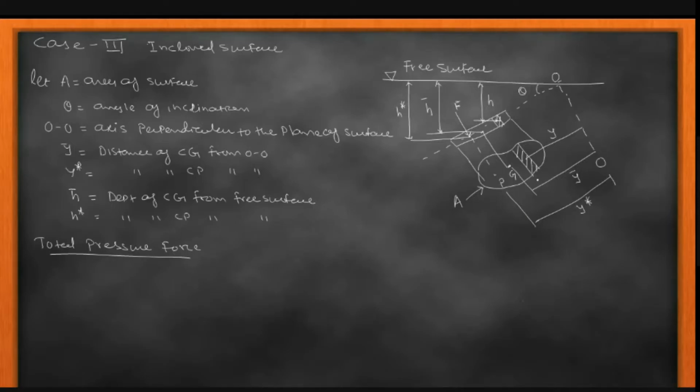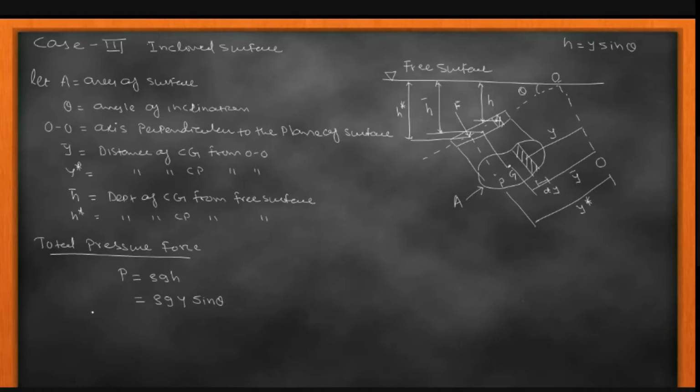So the strip having the width dy, pressure equals rho g into h, because this strip is at a height of h from the free surface, and that's why this is the distance we need to consider, that is h. Now we know that h equals y into sine theta. Similarly, h cut equals y cut into sine theta. So I'm putting down the value of h, which becomes y into sine theta.